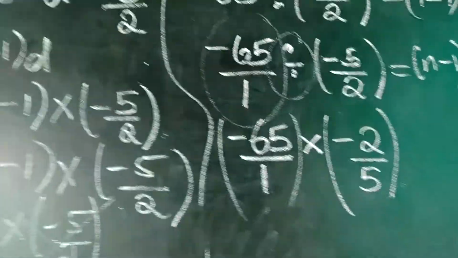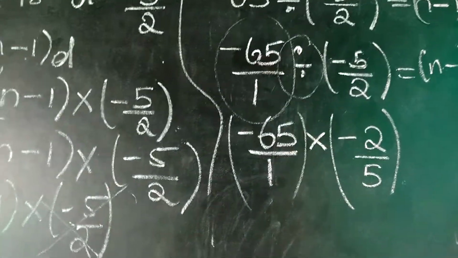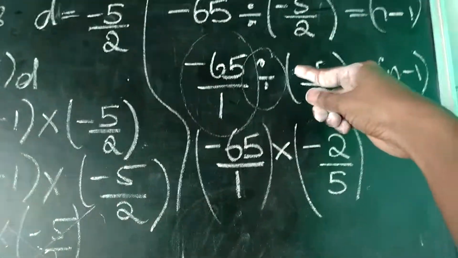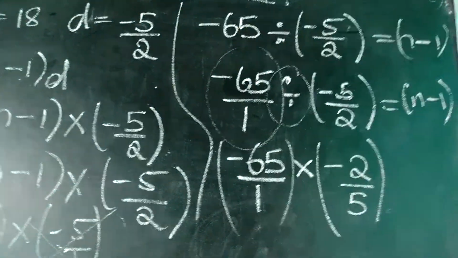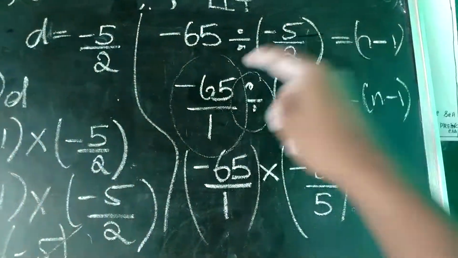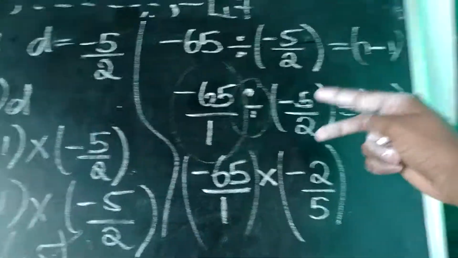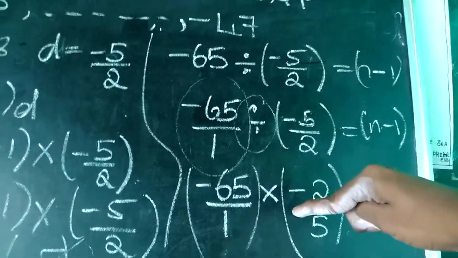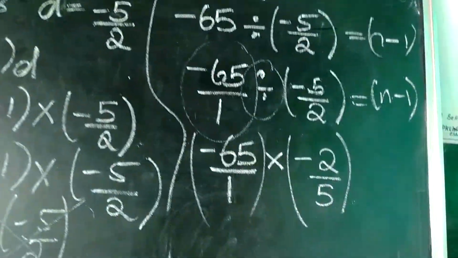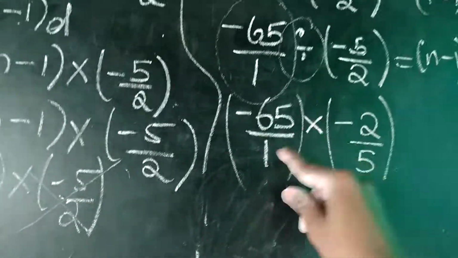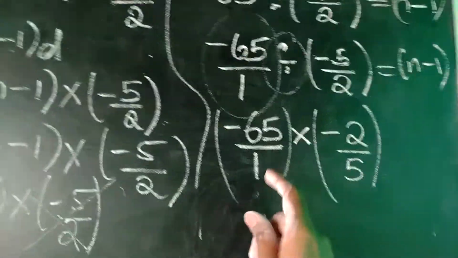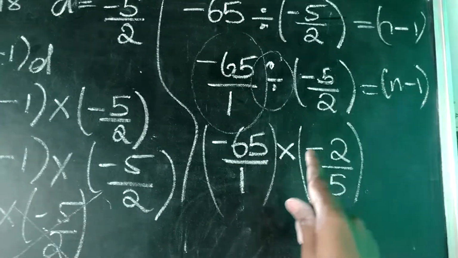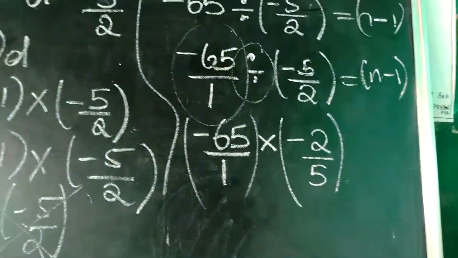Let me repeat these steps. Whenever we need to divide a fraction, 2 things we have to do. One is this division sign will be changed over to multiplication sign. Then the first term will remain the same. The second term will get reciprocated, meaning 2 comes up and 5 goes down. It will become 2 by 5. After that, you can cancel or simplify this, or else you can just multiply the numerator and denominator easily.